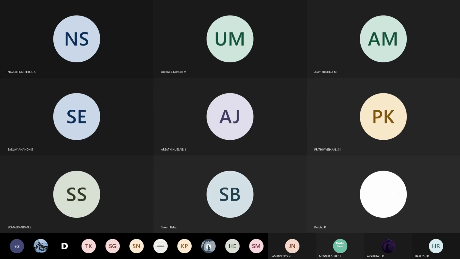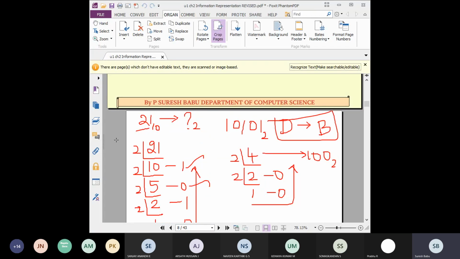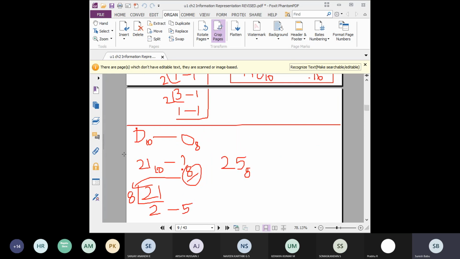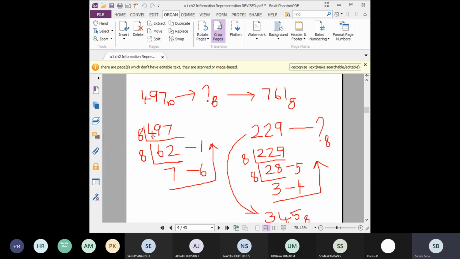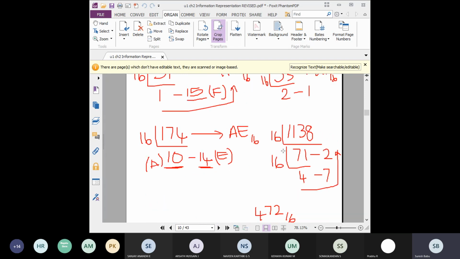So for decimal to other number systems, you have to do repeated division. If you want to convert to binary, divide by 2 and collect all the remainders. That's all. If you want to convert into octal, repeatedly divide by 8 and collect all the remainders. That is your answer. And if you want to convert decimal to hexadecimal, do the repeated division by 16